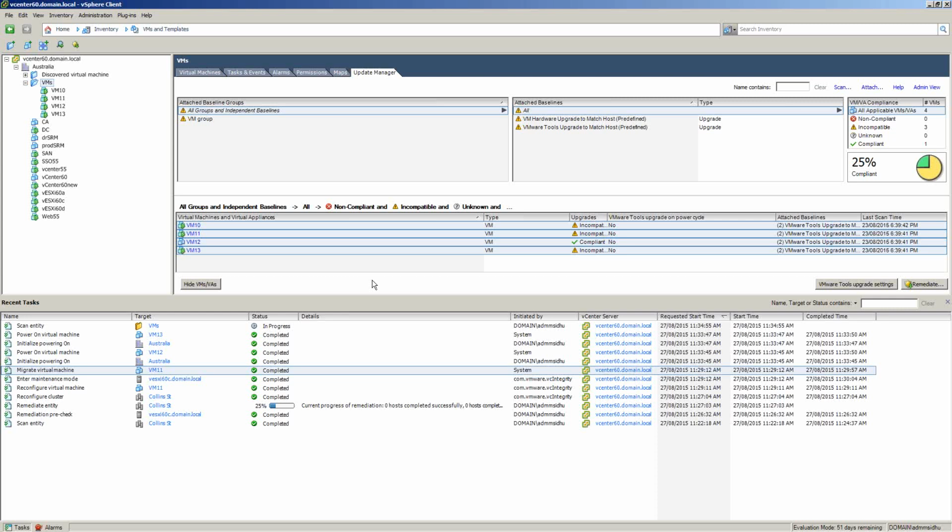You gotta love VUM. It's just absolutely fantastic. VUM should have been ready for prime time. Apparently, it's not, and that's why you have to use the C# client to do it. I think I mentioned that you can use the web client, but you can only upgrade one VM at a time. Yeah, the only disappointing thing about VUM is still having to have a Windows server for it.